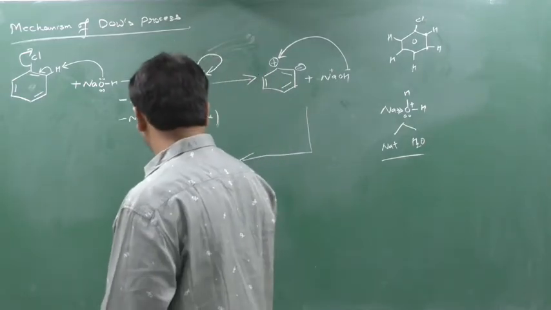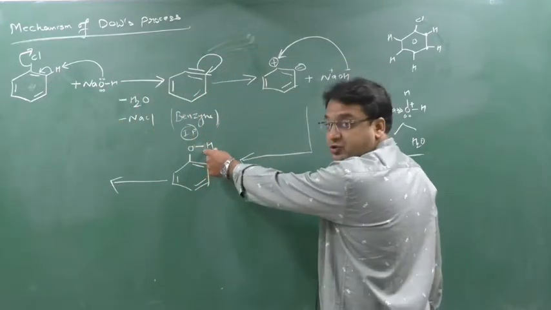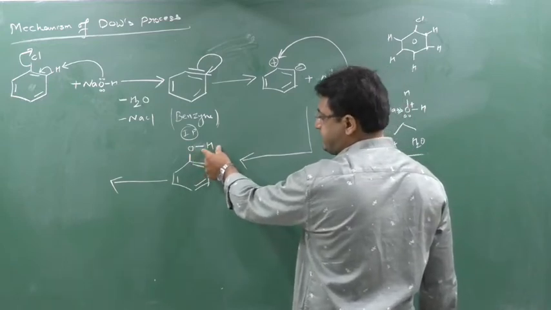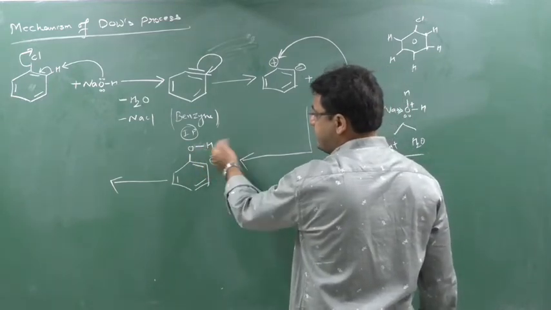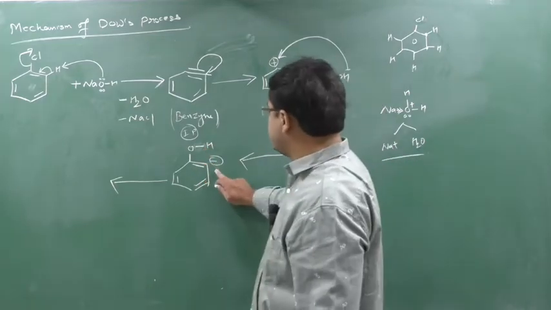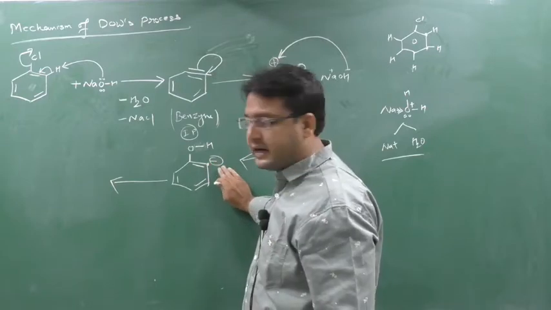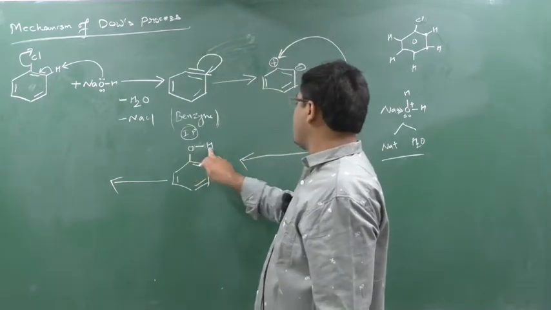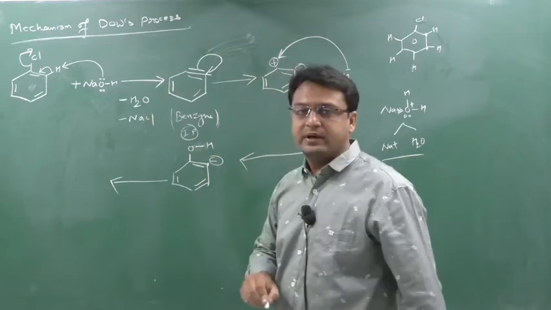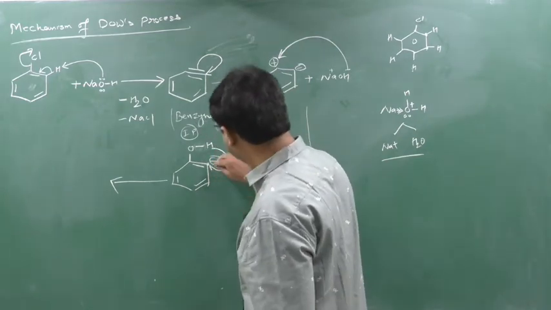Now see, again this hydrogen is an acidic hydrogen and this is minus. So this H can be removed as H plus and can get back to this position. This carbon is having the extra electron. That's why there is a negative charge on this. Now out of this O and H, this is partially negative and this is partially positive. So here proton transfer will take place. So this hydrogen will come back to this position here.